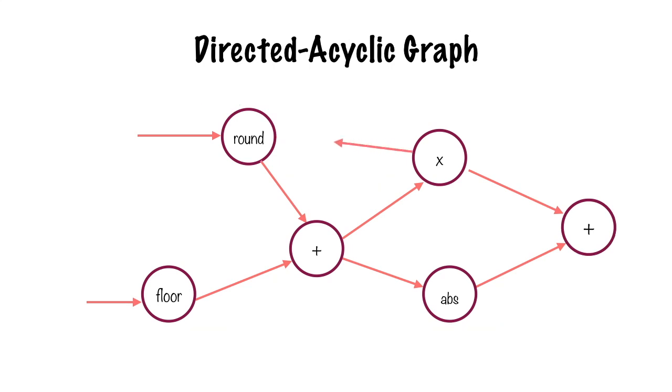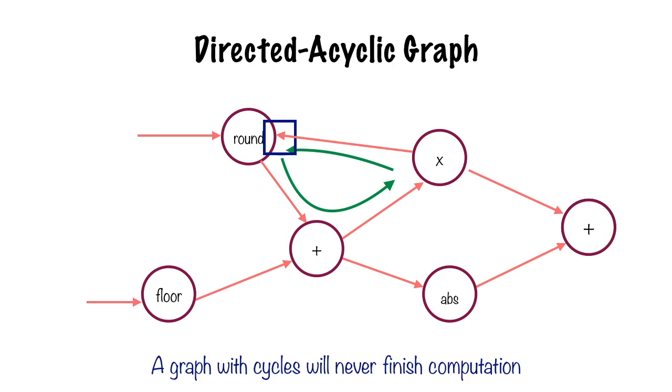If a graph did have cycles in some way, and if we created a cycle by somehow artificially reversing the direction of one of the arrows, then our computation would never finish. Because clearly, in order to calculate the value of each of the nodes, we would require its dependencies, and those dependencies would require the original node. The net effect of all of this is that a computation graph with cycles will just never finish,